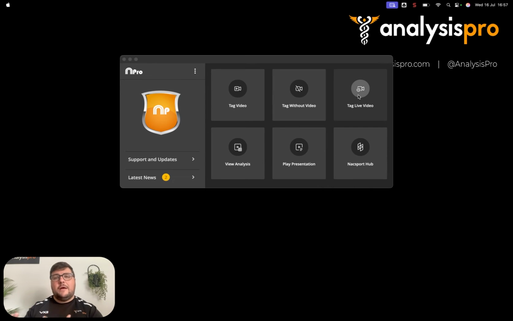If you have your camera connected to a capture device into your Mac or Windows laptop, you can then get the footage coming through into Nacsport and tag live. But you also have, from the Scout version onwards, this tag without video option. So if you had any issues or you didn't have a camera, or you couldn't connect to the camera, then you could tag without video, and it goes off timings,